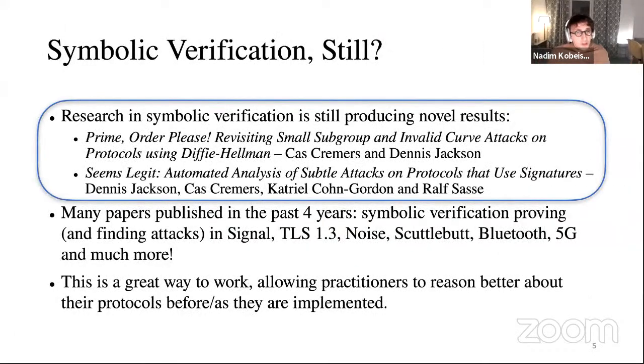So I really believe in symbolic verification. If you look at some of the research published recently, it's quite inspiring how you can have things like small subgroup attacks and invalid curve attacks on protocols that use Diffie-Hellman that are able to be modeled in the symbolic model quite expressively and in an interesting way that can catch new attacks. Also attacks on signature schemes and protocols that use signature schemes. Research by Cas Cremers, Dennis Jackson, Katriel Cohn-Gordon, and Ralf Sasse is really showing that the symbolic model is far